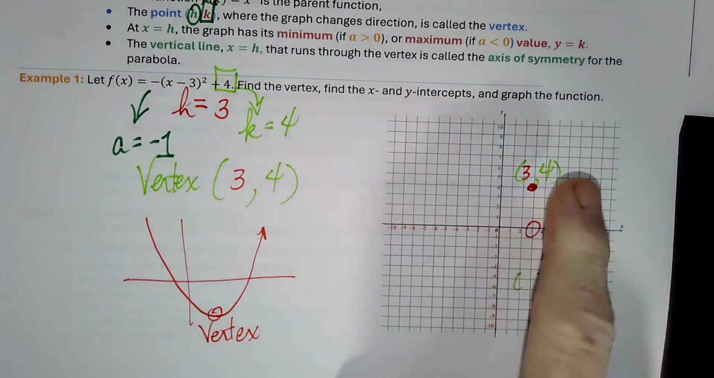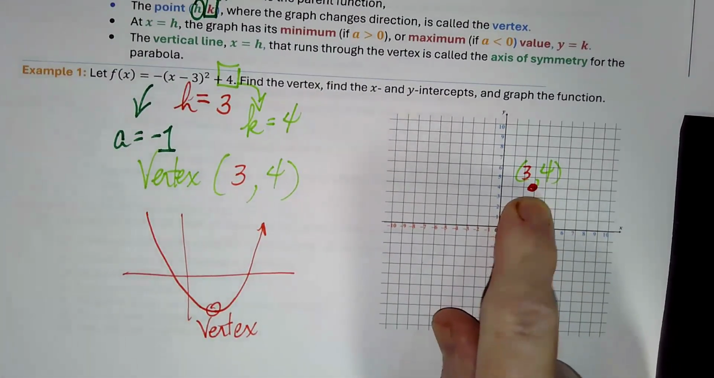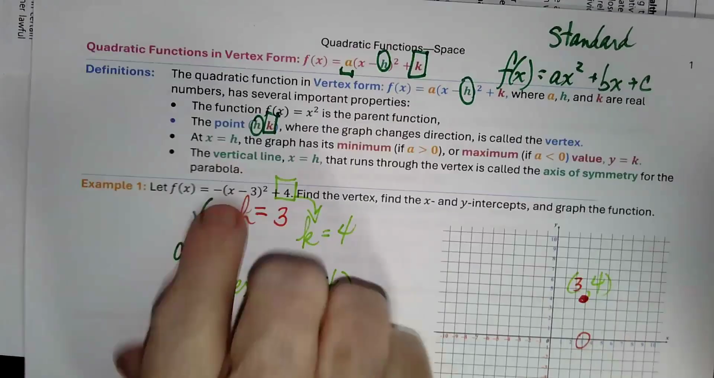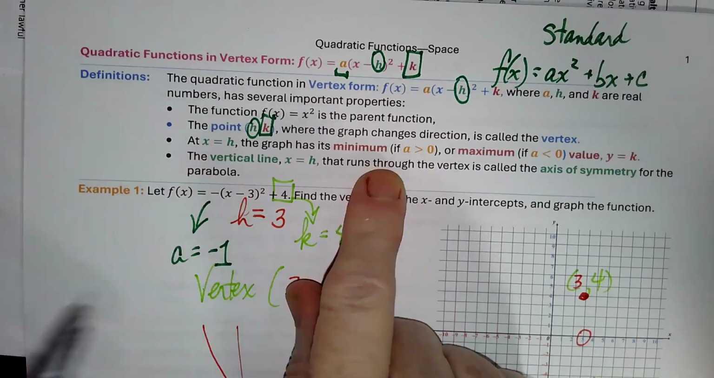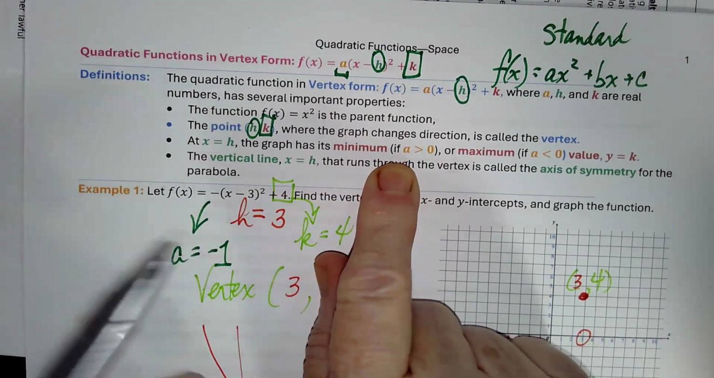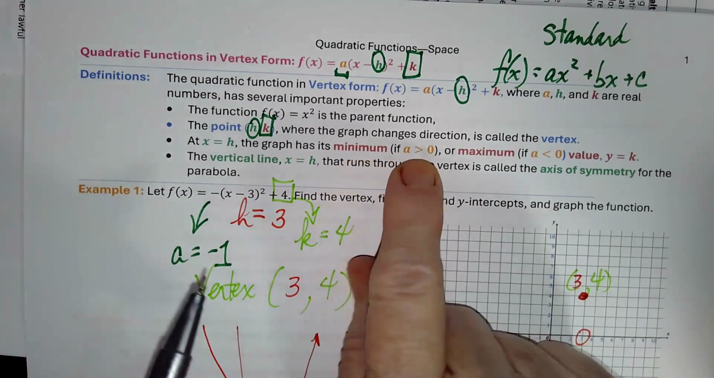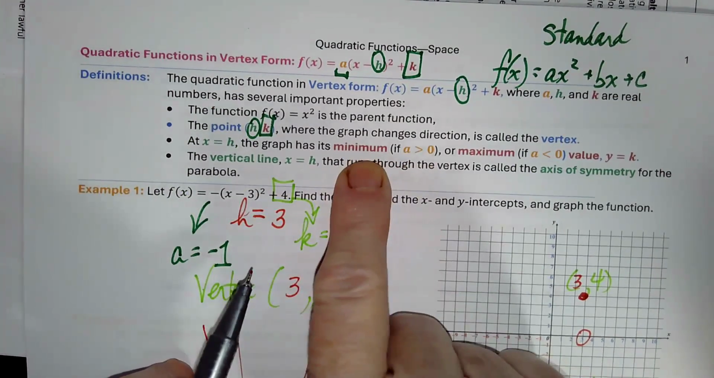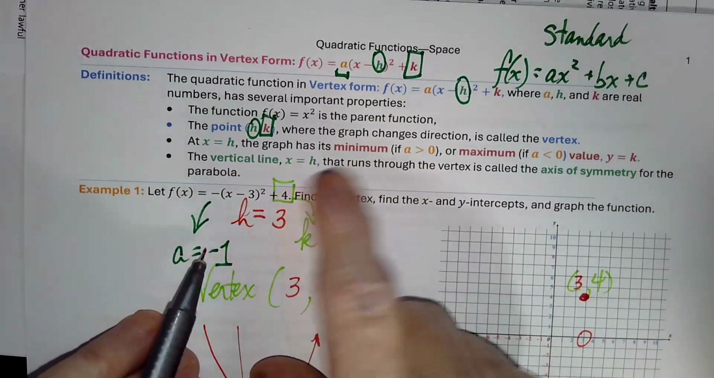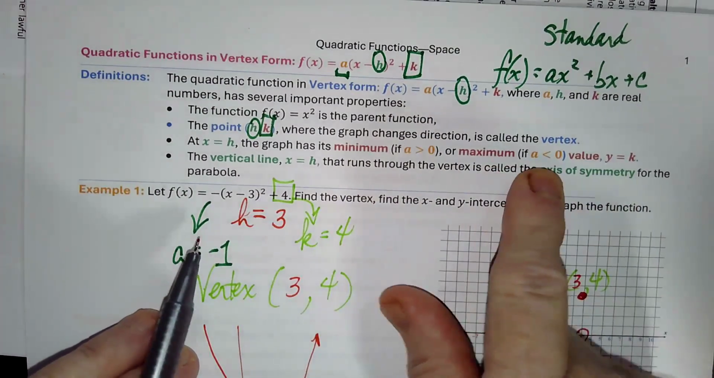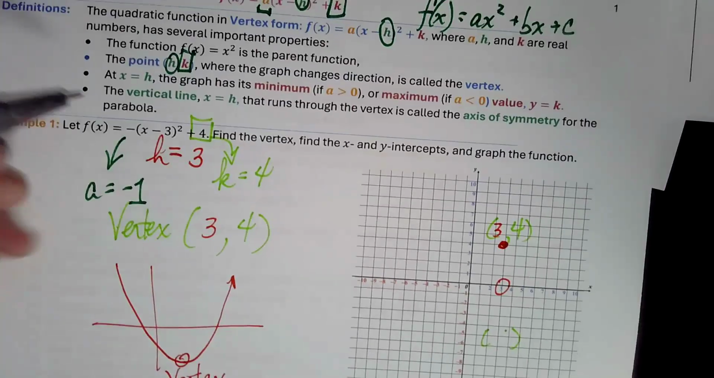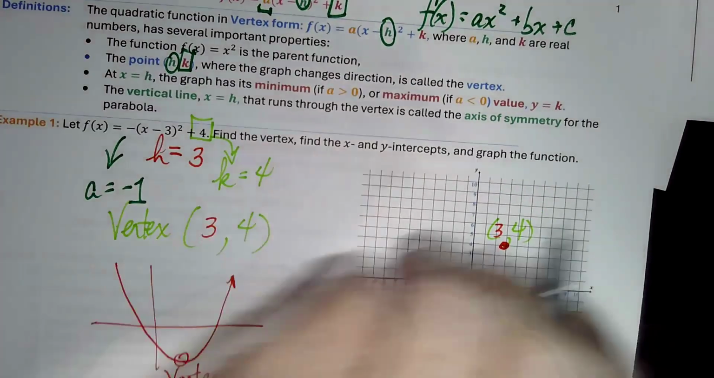And the way that we know that the vertex is the top point of this function is that a, the number out front, tells us whether the graph is going to go up or down. So if a is positive, the vertex will be the smallest value and the graph will go up above it. And if a is negative, then the vertex will be the highest value and the graph will go down below it. And we have negative a. So our graph